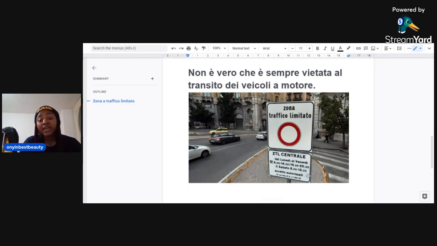It is always written with a panel under it to tell you when it is valid and when it is not valid, to tell you to whom it is referring. It might not be for people with cars. It might be for autocarros, people with big vehicles, people supplying goods. It might be for some particular category of vehicles. It is always attached beneath it, just as this. There's a panel under it telling you whom it is referring to, and when it's valid and not valid.